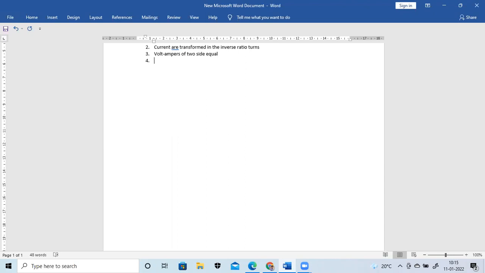And the last point is that impedance is transformed in proportion to the square of the turns ratio. Z2 dash is the equivalent of the secondary side impedance towards the primary side. So that impedance you may write as the square of the turns ratio, N1 by N2 whole square, into Z2. So just write here in point form, impedance